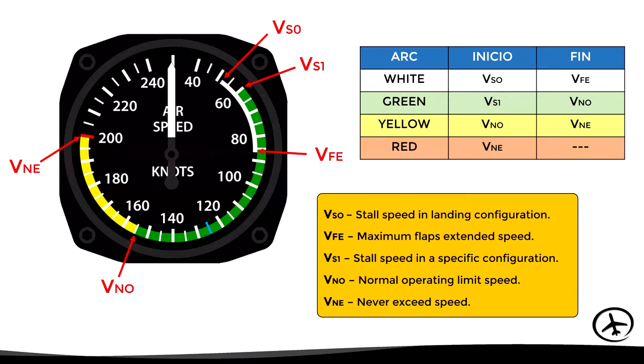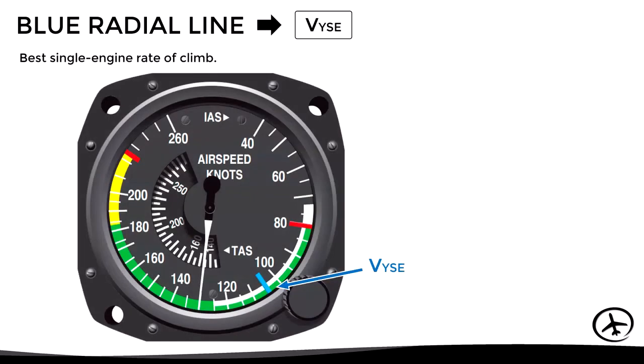And finally, the red line represents only the VNE. Up to this point, we have seen what an indicator dial consists of in a single-engine aircraft. However, in twin-engine aircraft, we will find two additional markings. The first is the blue radial line, which represents the VYSE. This is the best single-engine rate of climb and is marked with a blue line, as we can see in